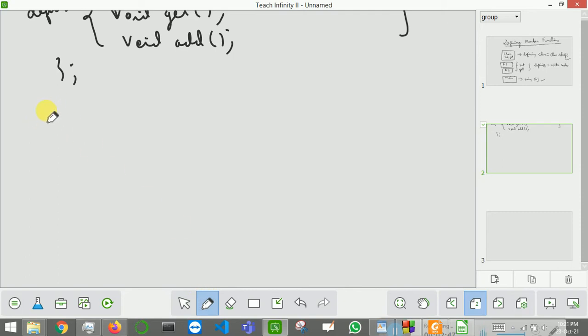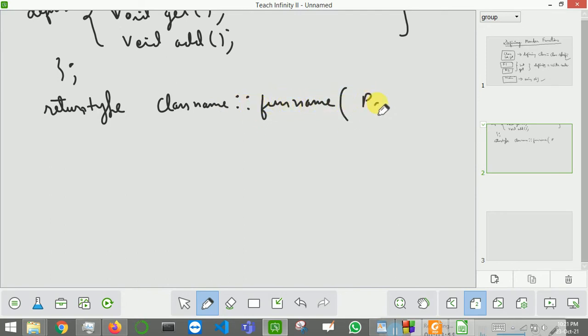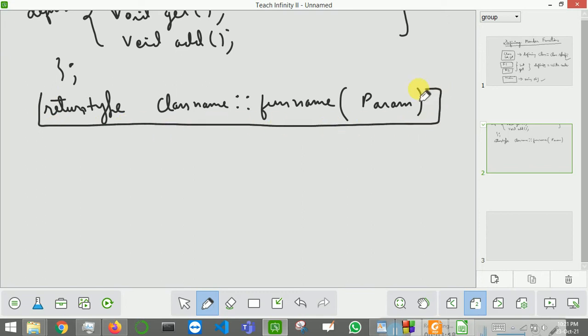After the class you have to write first the return type, then the class name that the function belongs to, then this scope resolution operator, then the function name, and then inside the brackets you will write parameters. So this will be your syntax for defining the member function. Okay, let us take an example.